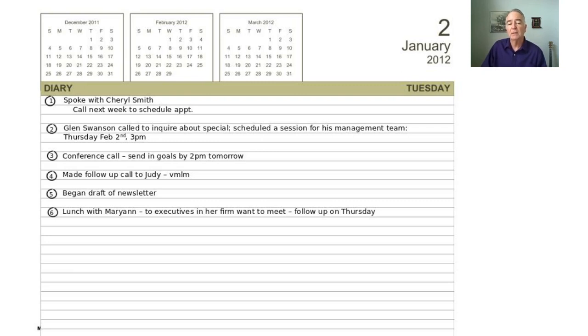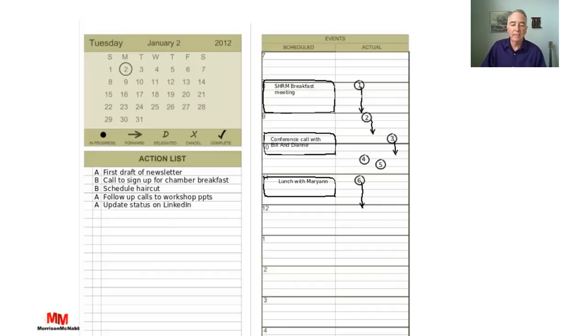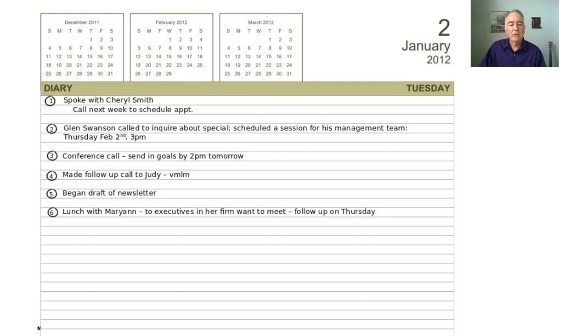Okay, so this is why we have a 2-page per day system. So on the left, I'm tracking what I actually spent my time doing. So that's what I'm actually spending my time doing on the right-hand side of this timeline versus my scheduled, what I planned on doing, because sometimes they get a little bit wonky. They get out of sync. So this is your pro forma, and this is your actual on the right-hand side of that column. It becomes very useful when you want to go back and look. So this is your documentation of how you spent your time. All right. So that's what your first day is going to look like.